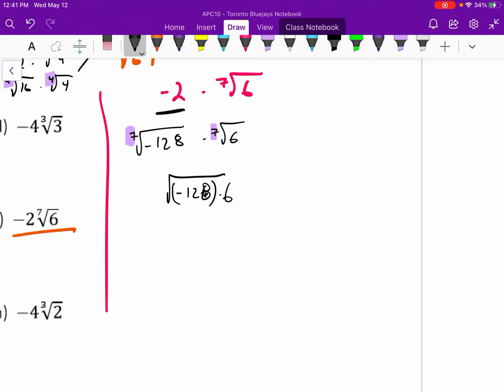So negative 128 times 6, under the 7th root. My final answer will be the 7th root of this product. So 128 times 6, let's carry the 1, and that is negative 768. All right. If you have any questions,